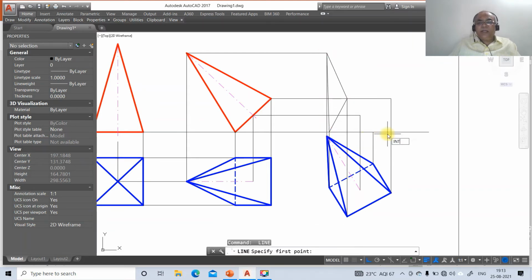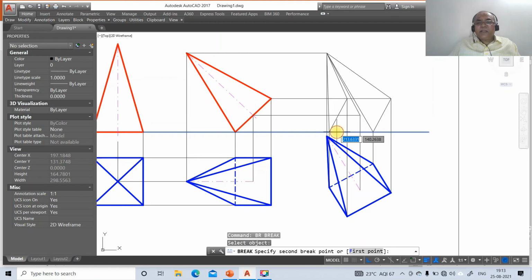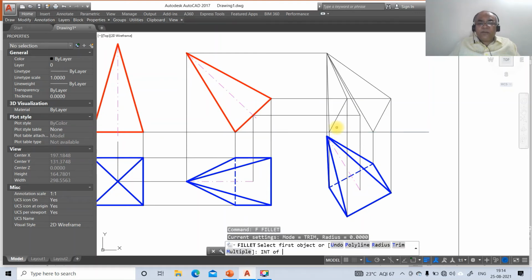Similarly, line, take int of this and take intersection point of this, and then go to intersection point of this. Then go to line, take int of this and take intersection point of this. Now once you do that, then go to line, take int of this and take intersection point of this line. Then go to break, select this line, take first point, take int of, then break first point.